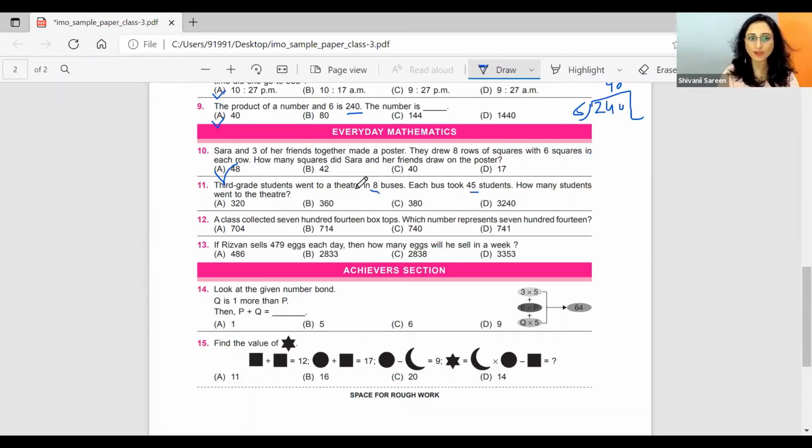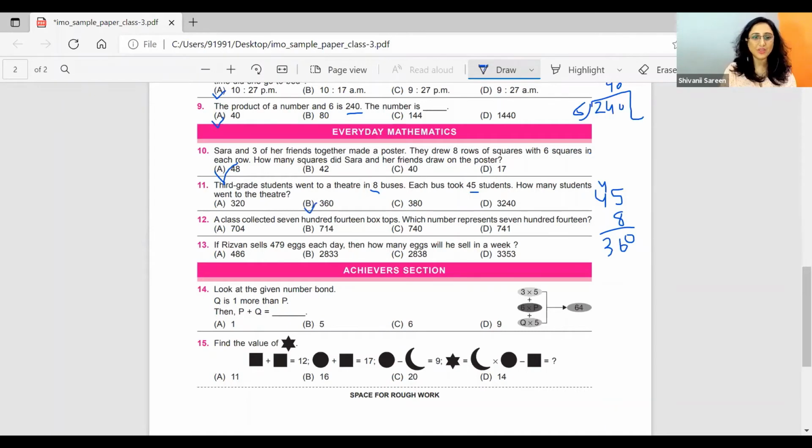So how can we find out the total number? 45 multiplied by 8. 8 5s are 40, carry over is 4, 8 4s are 32, 32 plus 4 is 36. So 360 is the correct